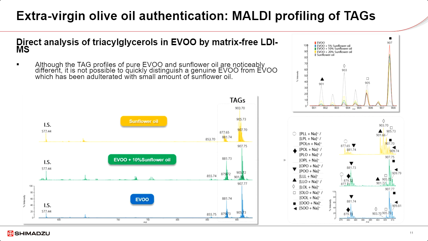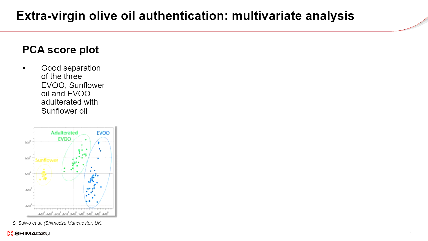The addition of the sunflower oil, even in small amounts, can alter the tag ratios. However, these subtle differences will not be noticeable by a simple look at the tag profiles. So here is where the statistical analysis can help us. At first, multivariate analysis was carried out by principal component analysis. We were able to obtain a good separation of the three groups, as you can see in the PCA score